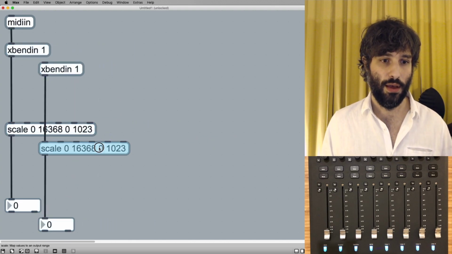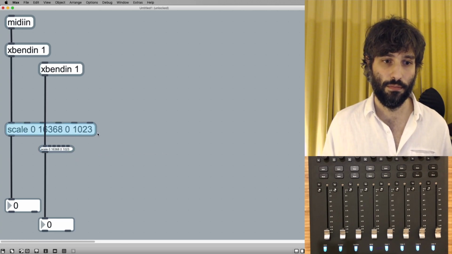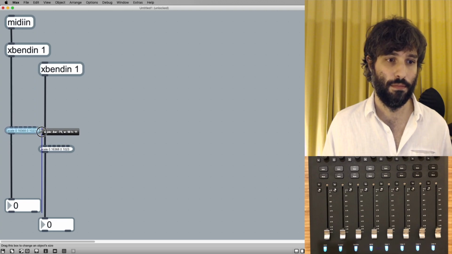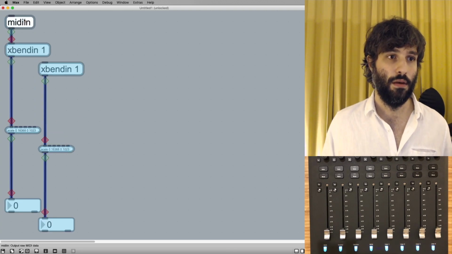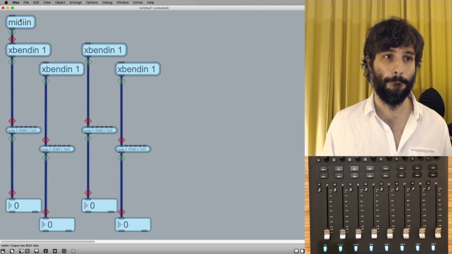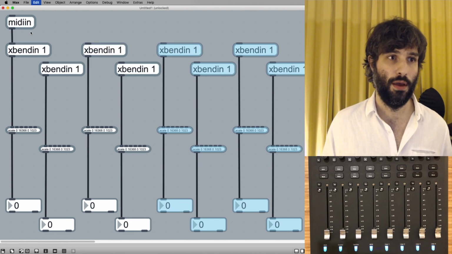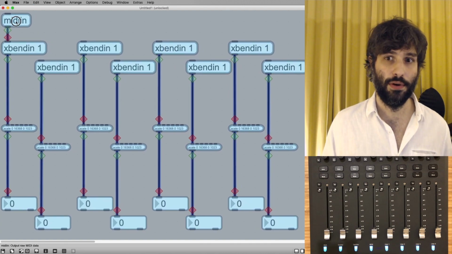Oh, you know what? I'm going to do something first. I'm going to shrink this real small. There you go. I'm going to duplicate these now. And that's pretty good.